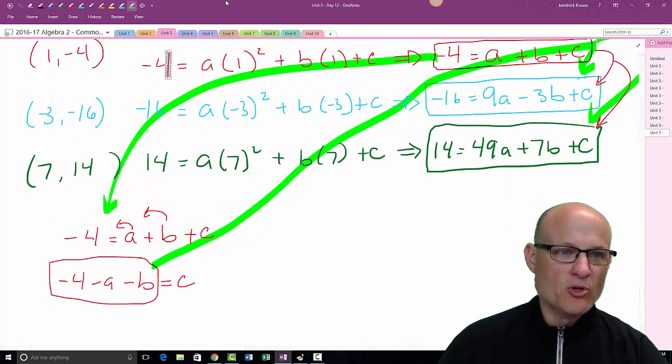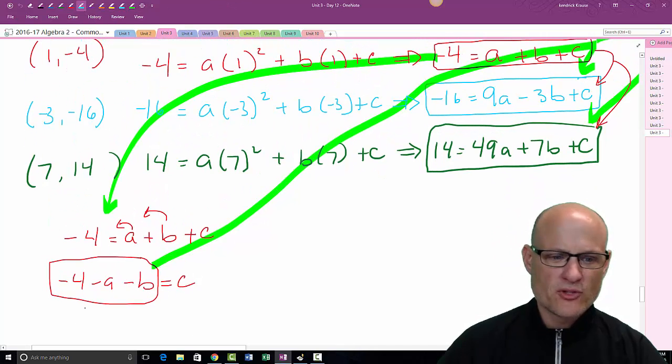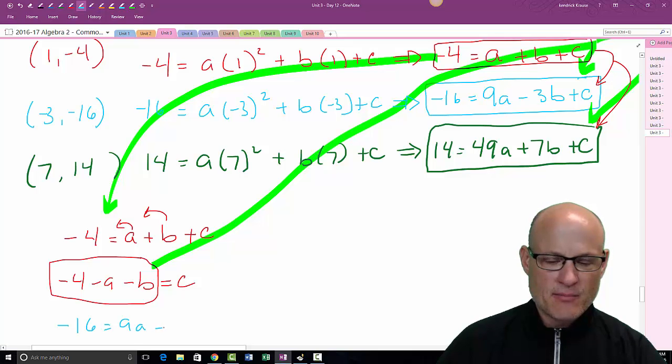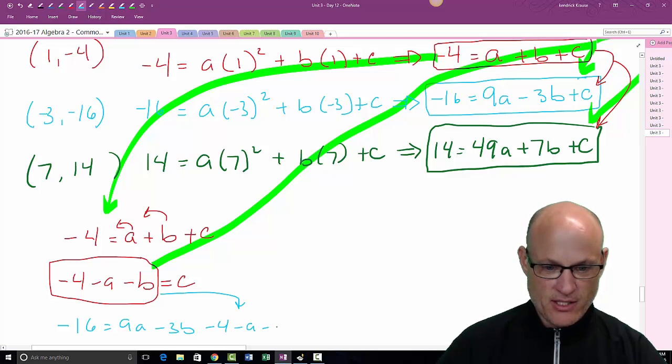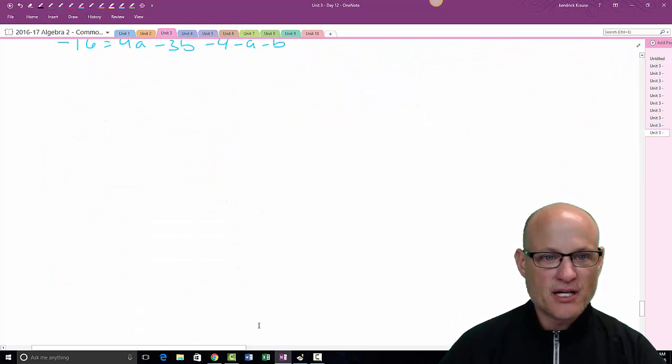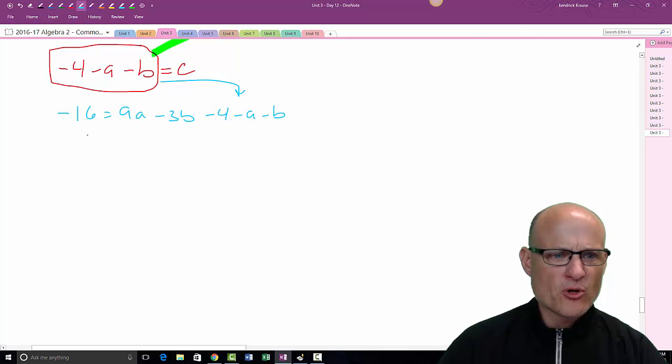Okay, so we're going to use the blue one. The blue one is negative 16 equals 9a minus 3b, and then we're just going to tag in this c at the end. Minus 4 minus a minus b, because that's what c is. All right, let's clean it up. The 4 is going to come over here, so we're going to add 4. So that's negative 12 equals